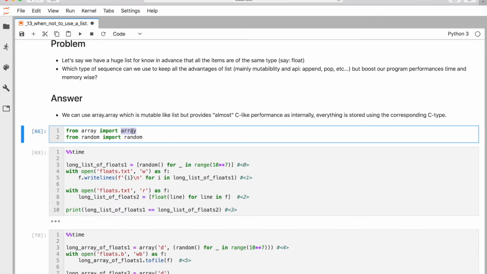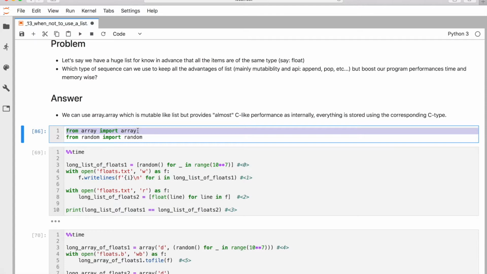Because knowing beforehand the type of the data, Python now knows how long it takes to represent each element in the sequence in memory, and can do that in a much more compact way, and also using the C-type representation, which is basically telling you that using array, if you can, provides you with almost C-like performance